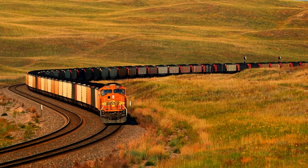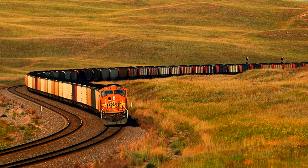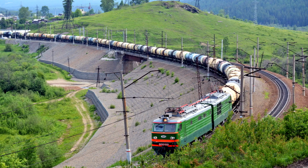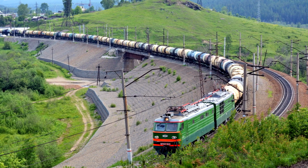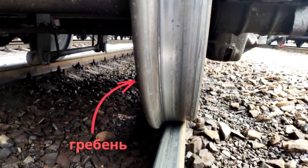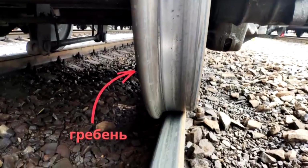In professional language, a turn on a railway is called a curve. A curve cannot be shorter than 130 meters, and the longer it is, the smoother the turn and the less load on the wheel flange and the inner edge of the railhead. When passing curves, it is the wheel flange and the inner edge of the outer railhead that are subjected to